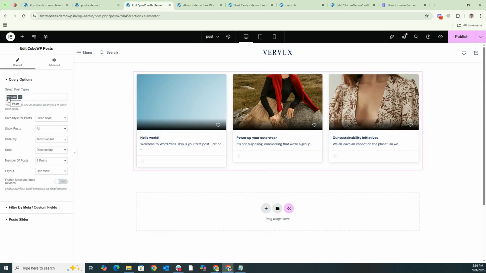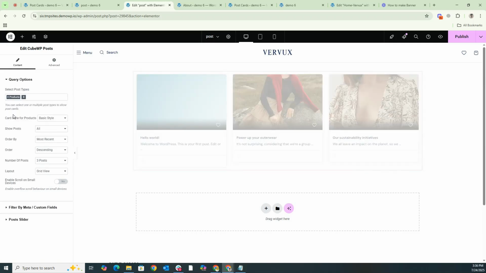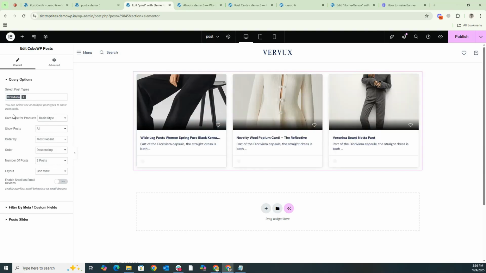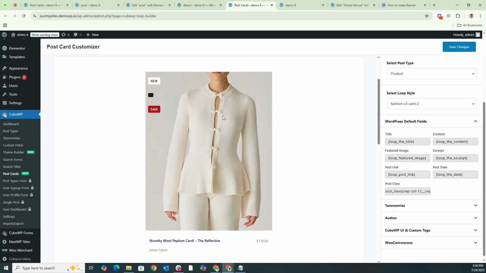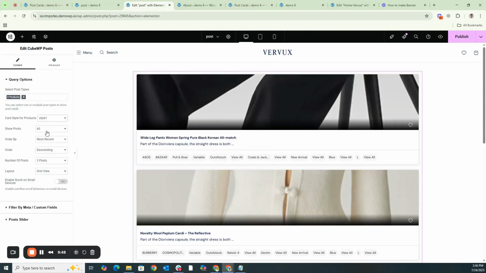But you don't want to use that. You need to choose your own post type, like product or whatever your post type is. You can select it. Now the style we created isn't visible because the style we made is showing up in a certain way. To display it, we'll look in the sidebar where we have the option for cart style for products. Right now the basic style is showing. If we select style 1, then when we select style 1, it means it's coming in a single row.